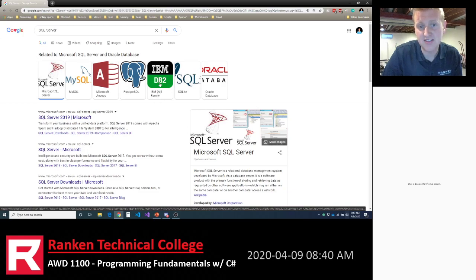IBM has a database management system called DB2. That was the former king. The former king before Oracle was an IBM database. They used to have the largest market share. And so, again, we're working with Microsoft SQL Server. What's confusing is that SQL is the language, and the software to run a database is called Microsoft SQL Server. It takes the language and puts it as part of the title of the management software.